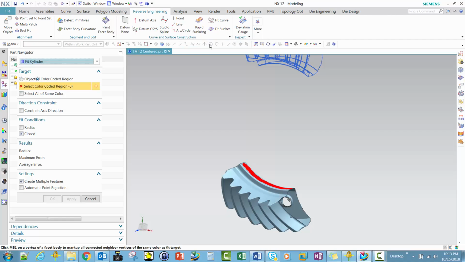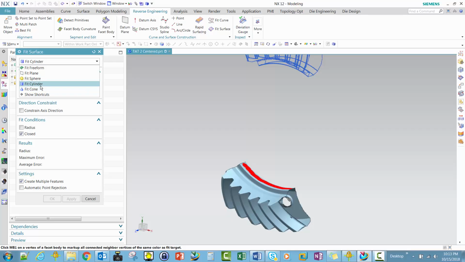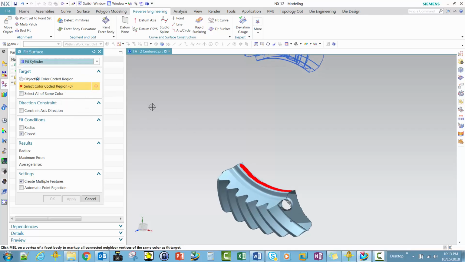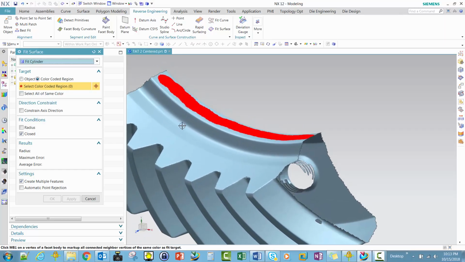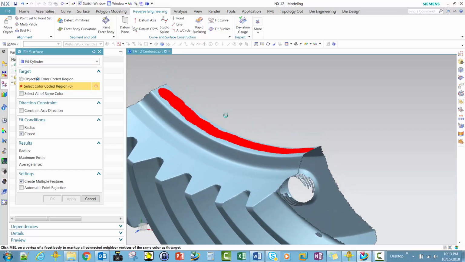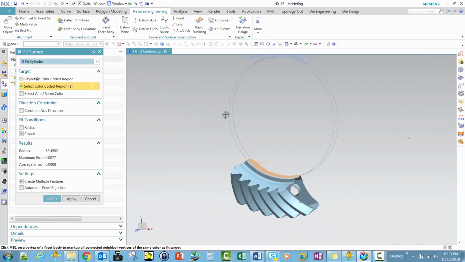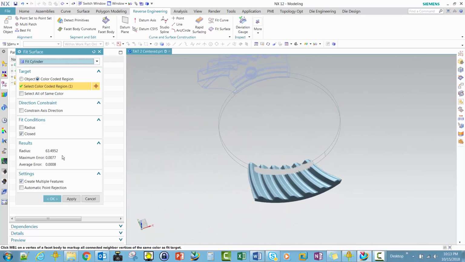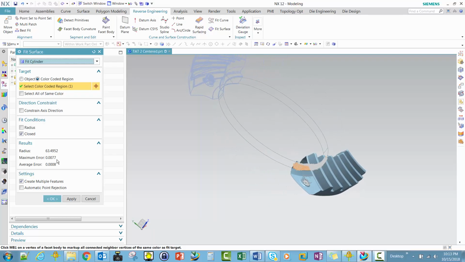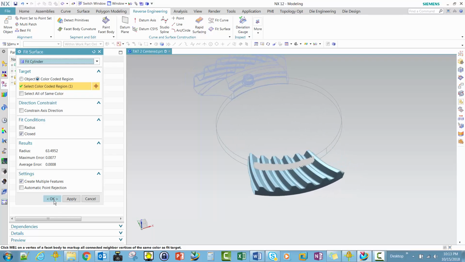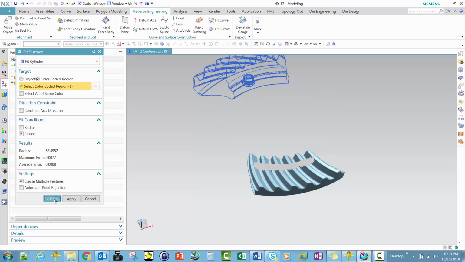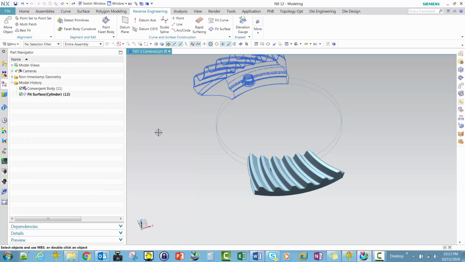fit surface. We have all these different surface types, and what I want is a closed cylinder, so we could do different types, but I want a cylinder, and I want to select it by color. So if I select this red, it gives me a cylinder. It gives me a radius as to what it is. I could change that number if I wanted to, but I'm pretty happy with that. So I'll select OK. So now I have my radius,